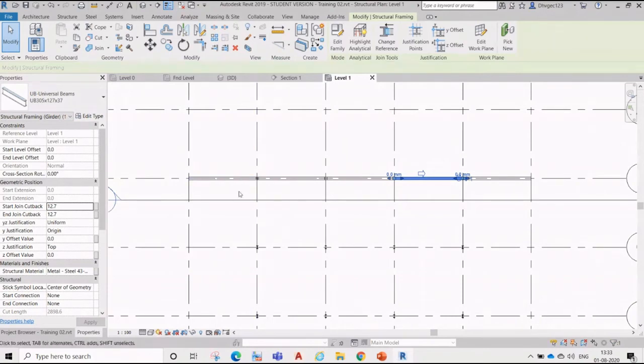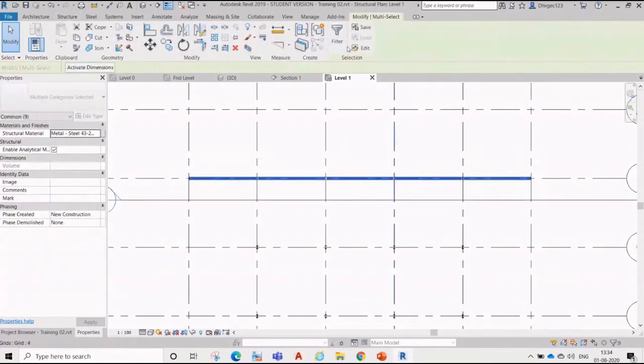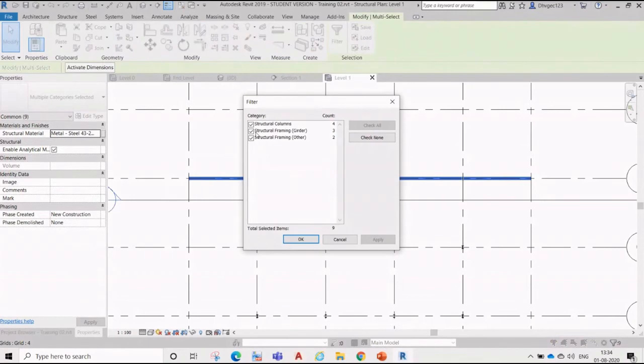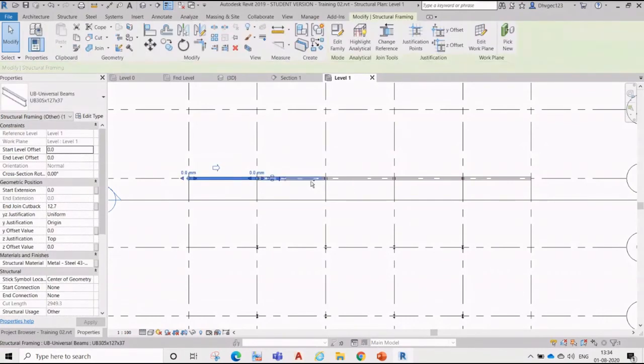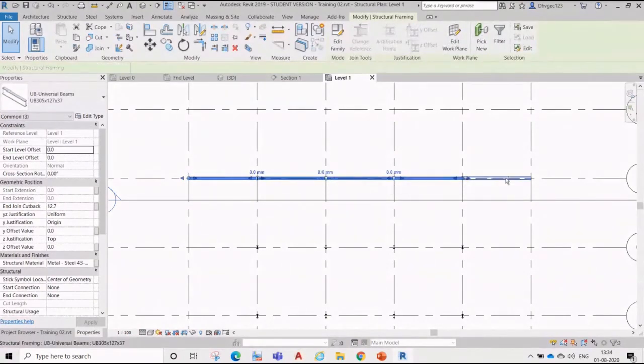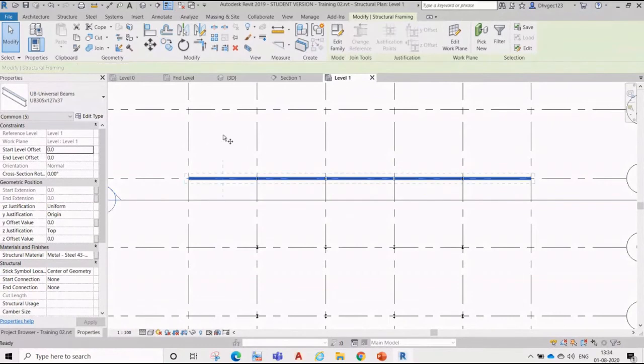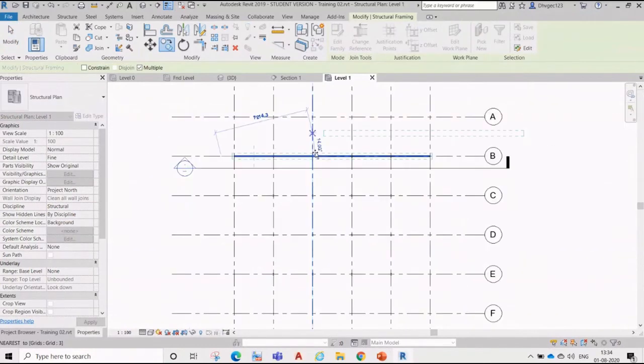common for all. Now we'll select the beam only. Go here, filter, structural framing, don't put the column. Oh, girder, yes. Copy, multiple copy.